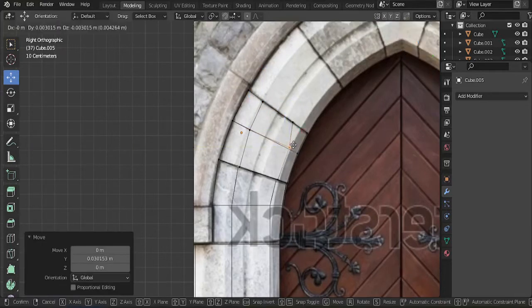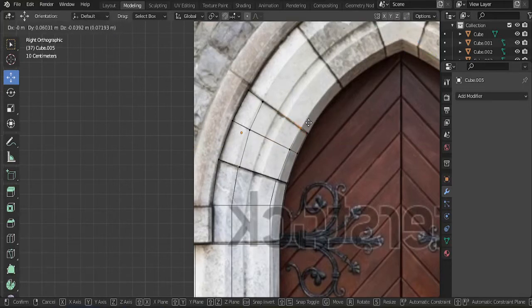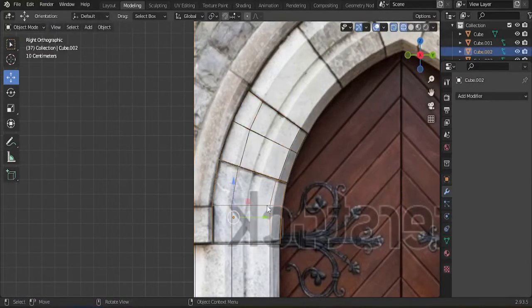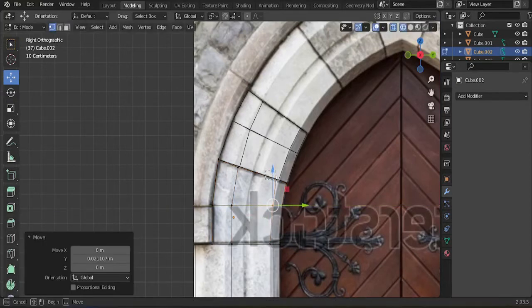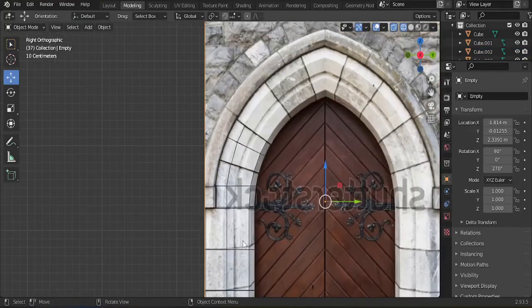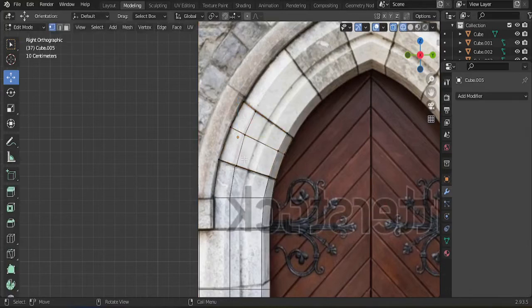I just want to follow these curves a little bit more, just so I've got these nice curvature here and here. I'll do the same with this one, just to give it that inner curve to it. This bit that runs in the middle, I'll do that in a second. But for now,